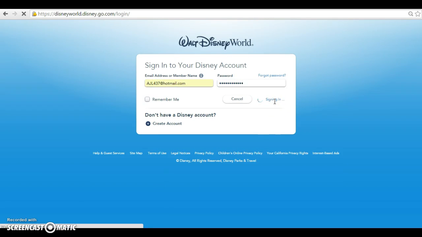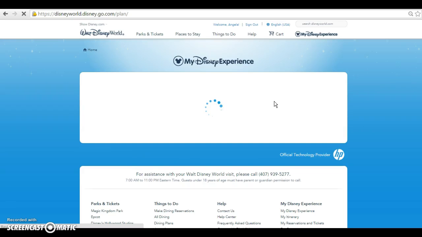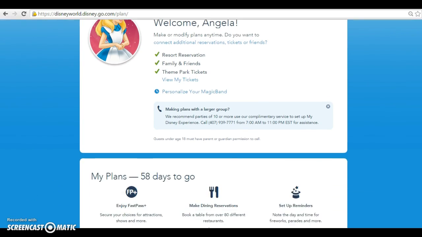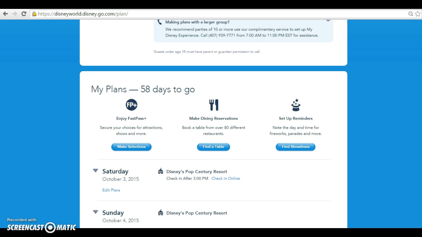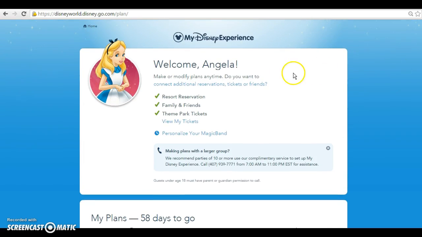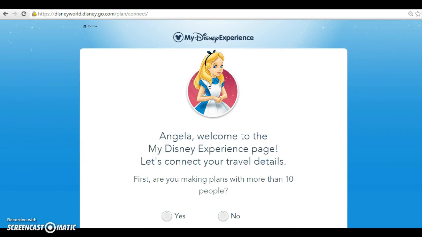So once you make your reservation, sometimes it will automatically link to your My Disney Experience, so it'll show up on your homepage. So you can see, if you scroll down, you can see my plans, 48 days to go. So my reservation is already in here. If you log in and your reservation's not there, what you can do is just go to connect additional reservations,